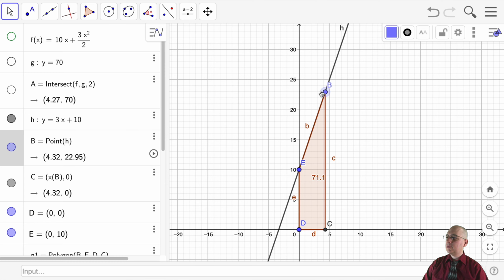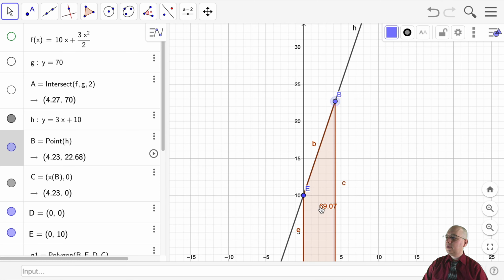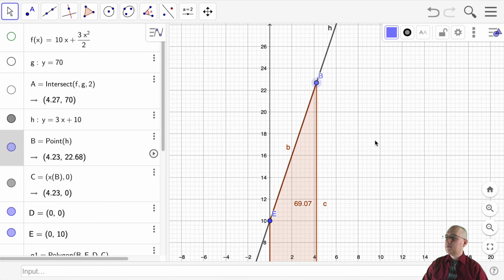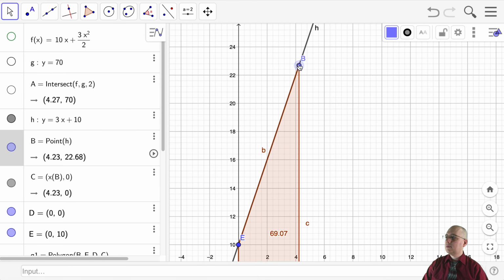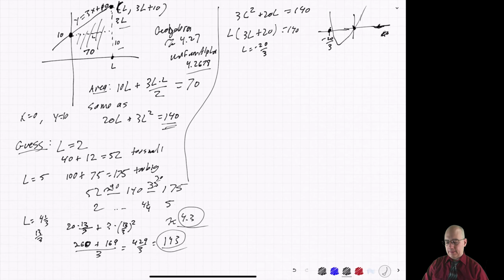All right, so we're almost at 70. I can zoom in to get a little finer. I can't see the area. There we go. And 4.27. All right. Anyway,